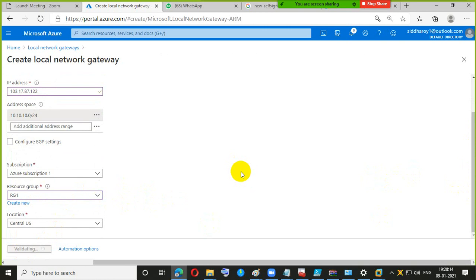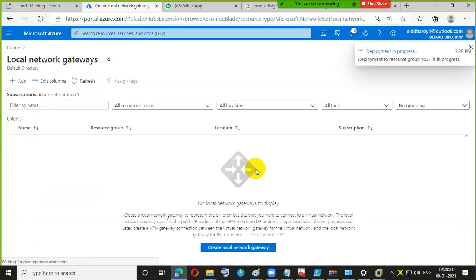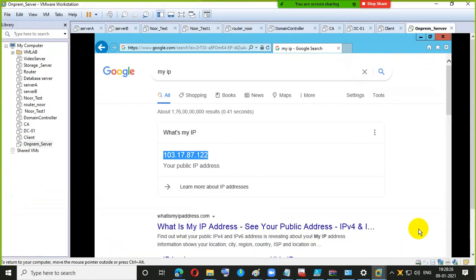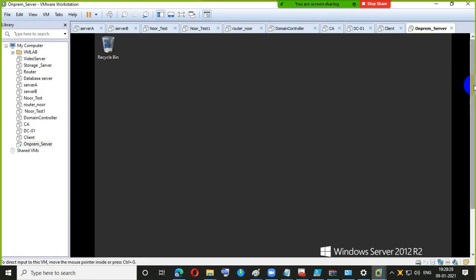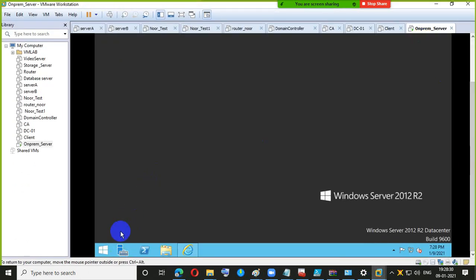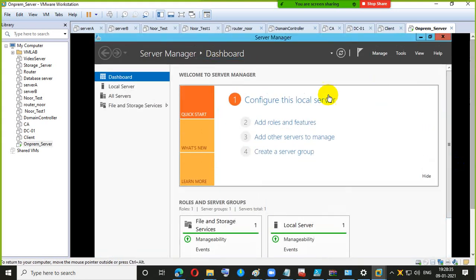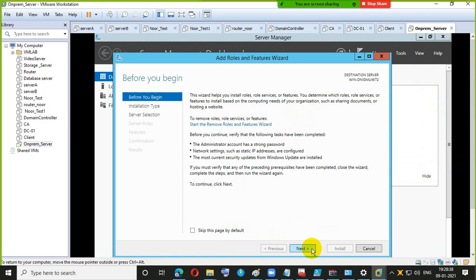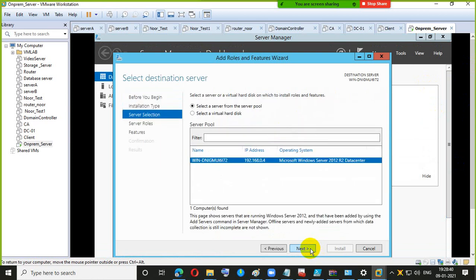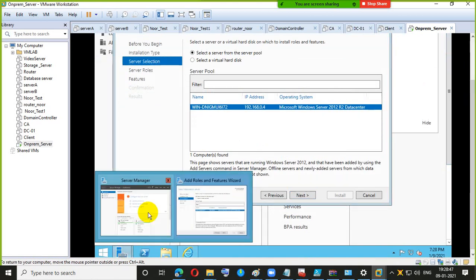It will also take some time. In the middle of that, what I need to do is, in these virtual machines, we also need one role, that is Routing and Remote Access. So in this machine I have to go to Server Manager, add roles and features. First I have to change my server name.